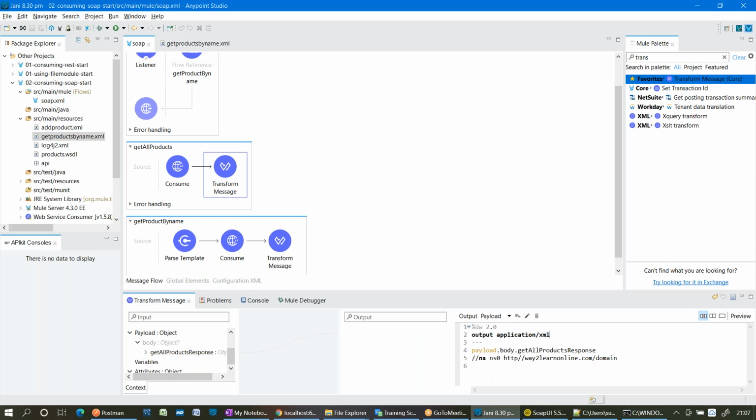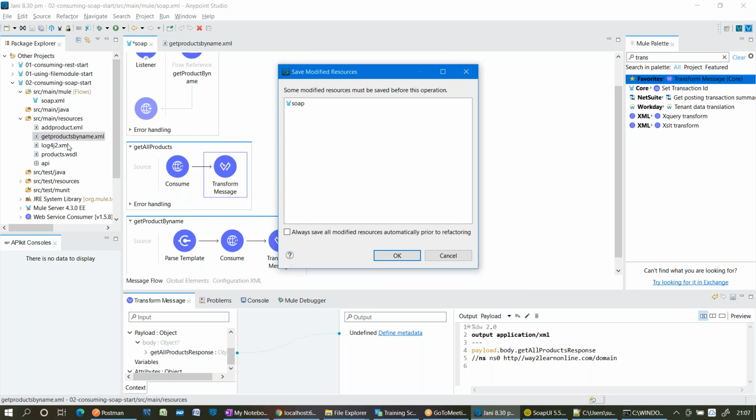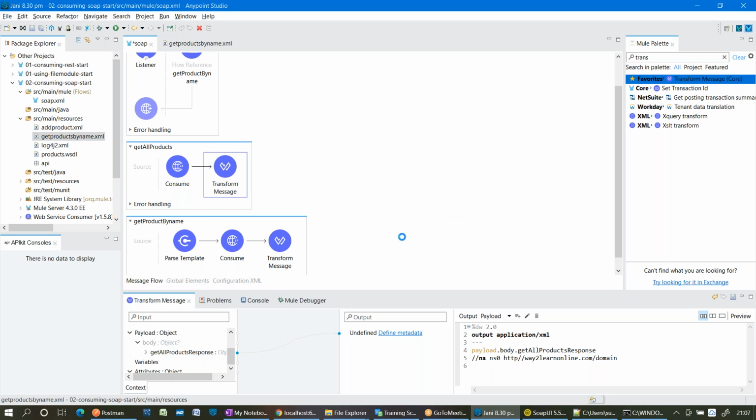The reason is we need to give a template. In this version, it is expecting a template. Let me create a template. I'm just duplicating this get product by name so that it will be easy to change the root tag.